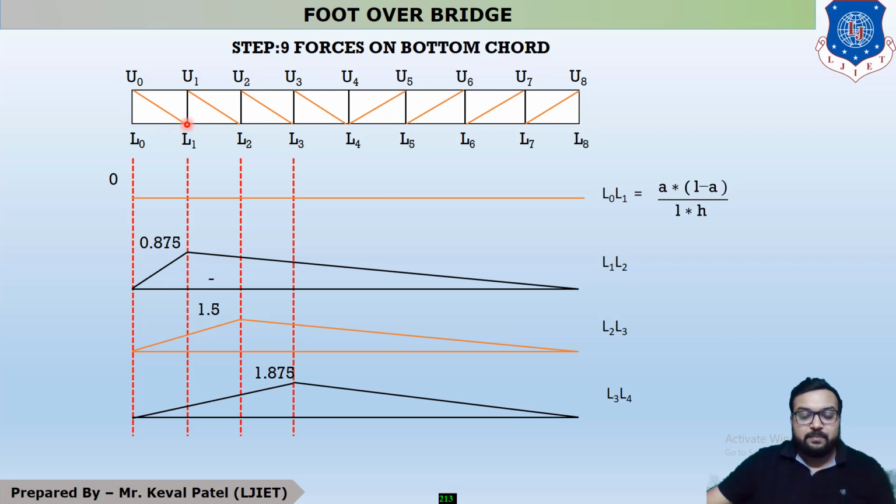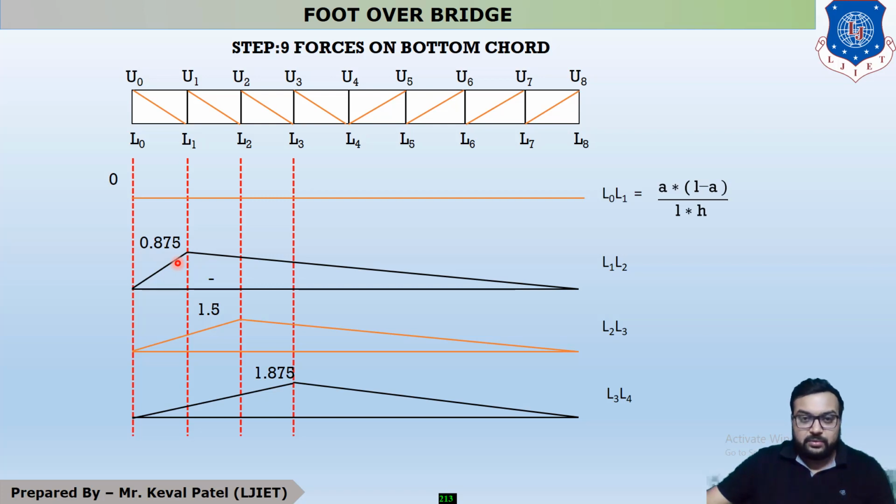Now your second member is L1 L2. Now L1 L2's opposite end is U1 U2. Now you can see that one diagonal member is U1 L2. So for the second span your diagonal member is acting on this point. Okay, so for this point your distance A is 3 meter and L minus A is equal to 21 meter. Okay, so students, after putting all these values we will get our answer for the second span,